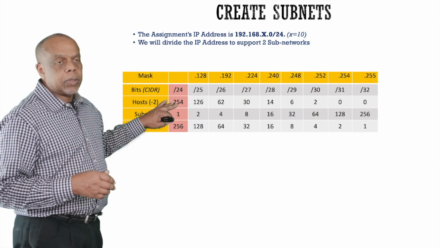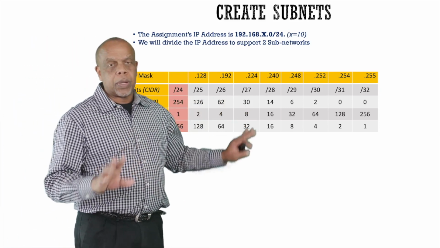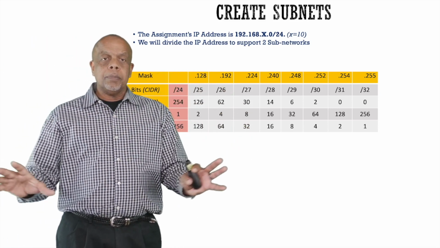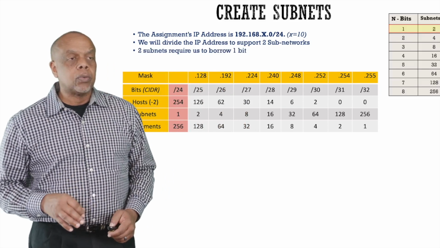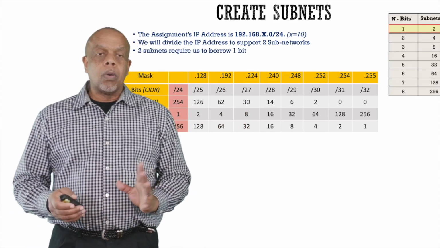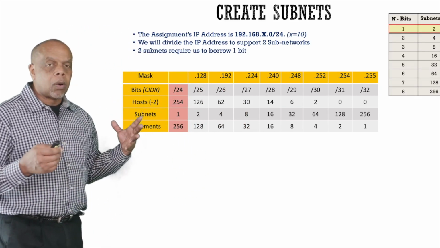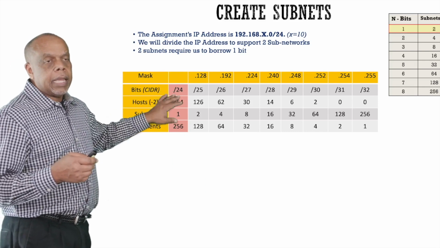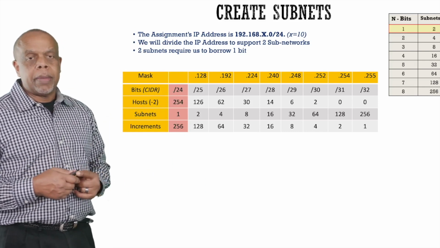So for this one, I can assign 254 hosts right now. But that just gives me one big subnet. I want to split this in half. So to do that, I have to borrow a bit. When we say borrow, basically we're going to take one bit and flip it to a 1. We're going to make it a network